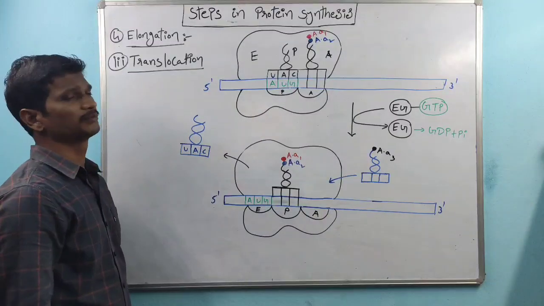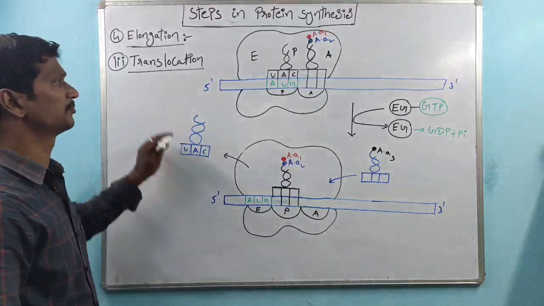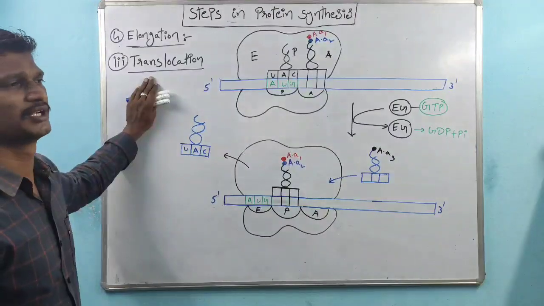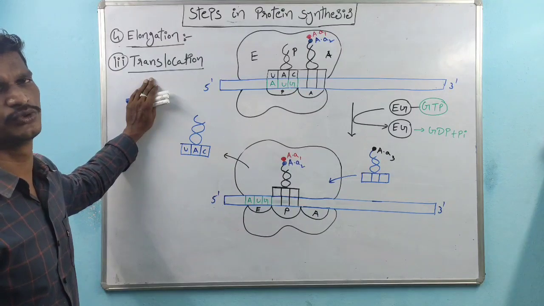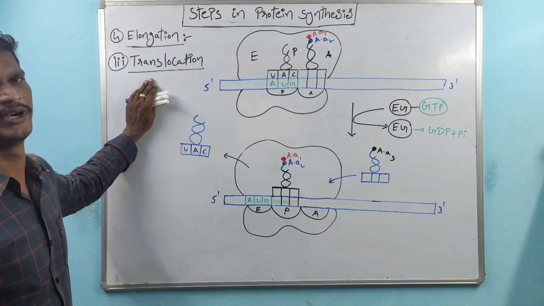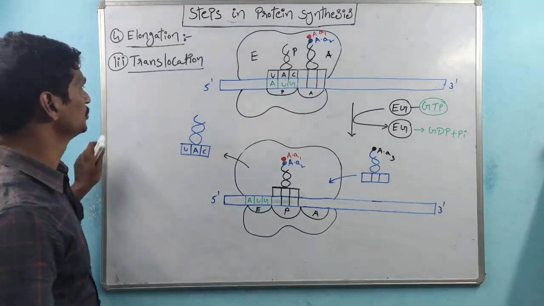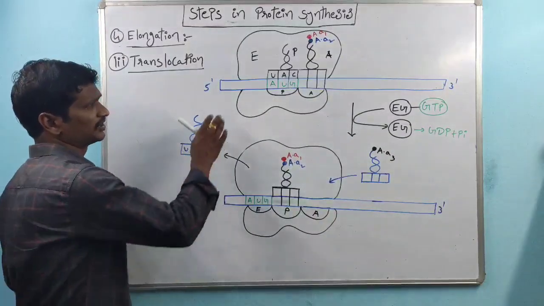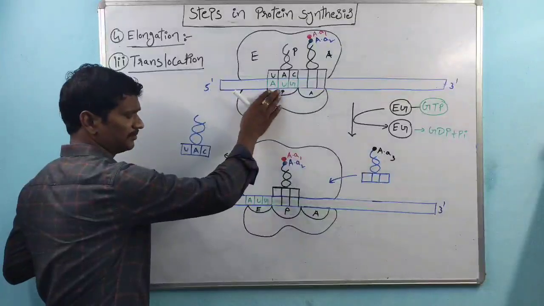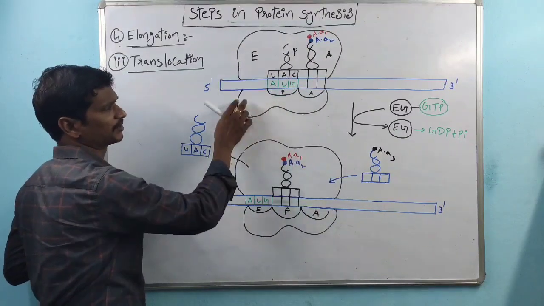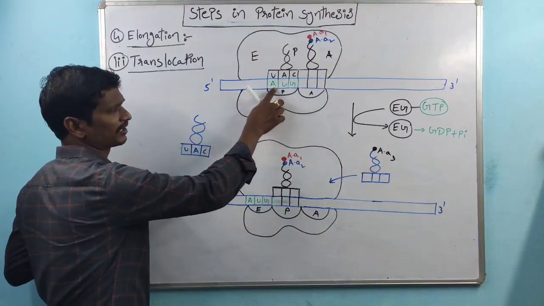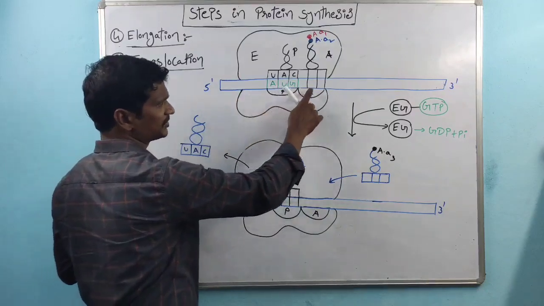Here, coming to the last step within the elongation process, the step is translocation. Translocation is nothing but the movement of ribosomes on mRNA. So here, this is one of the first complex structures, right? After the binding of subunits and initiation codon recognition, the next step is